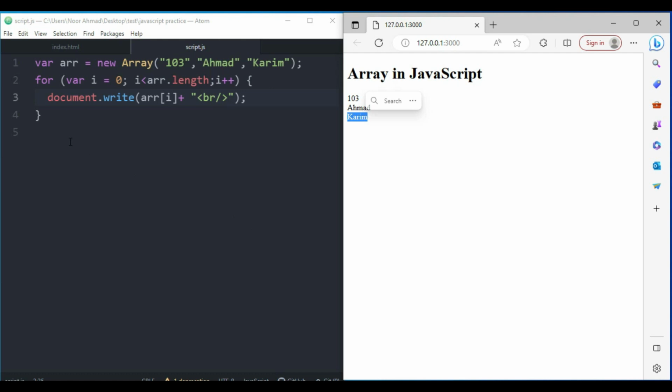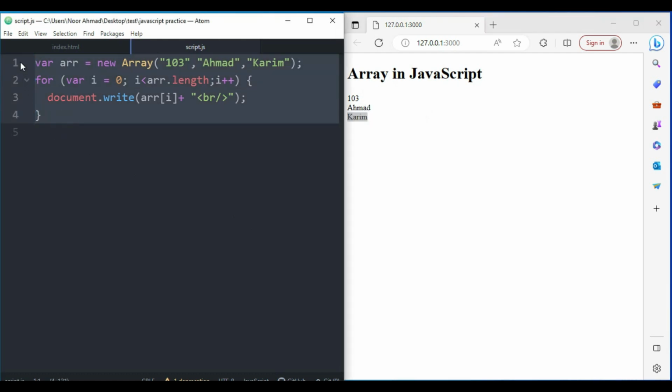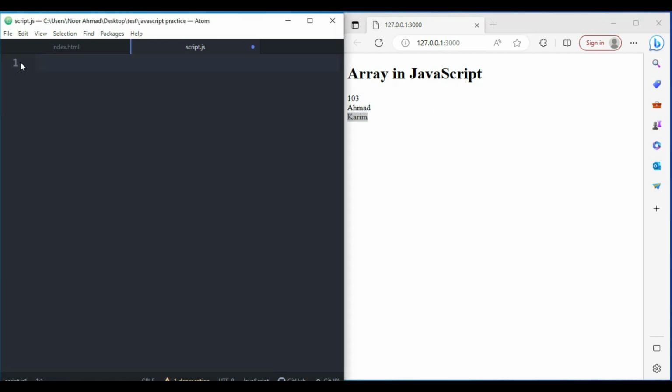Let me remove everything from here, and let me first talk about the method. The JavaScript array concat method combines two or more arrays and returns a new single array. This method doesn't make any changes to the original array. So first I'm going to create array1 and pass some text, like C, C++,